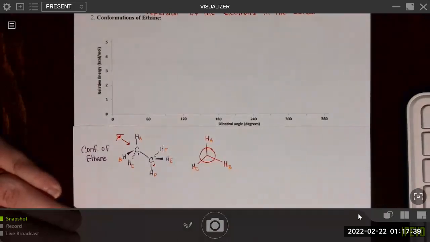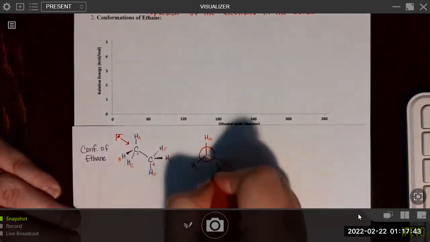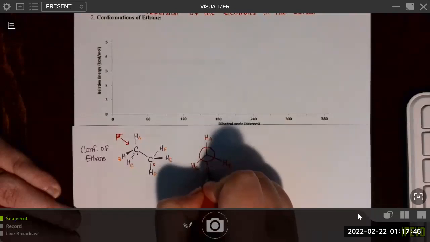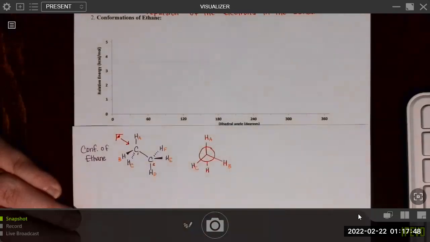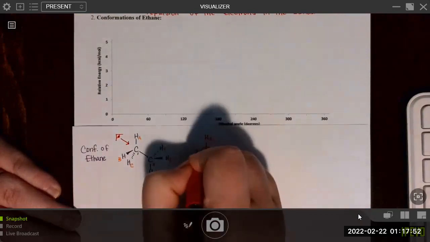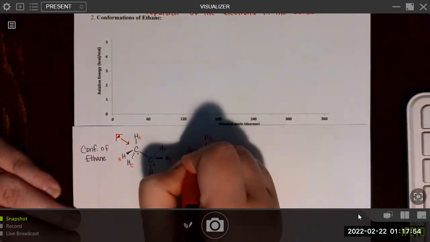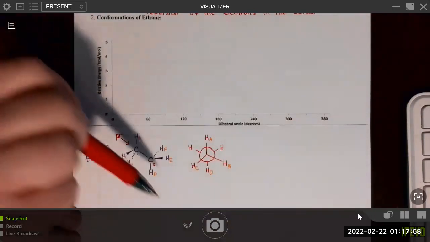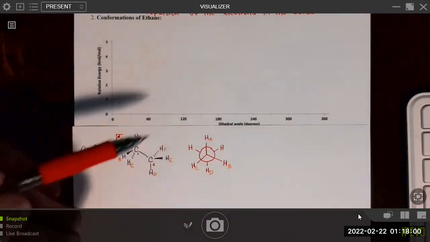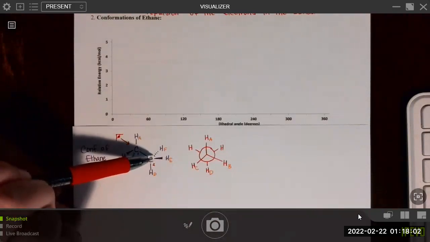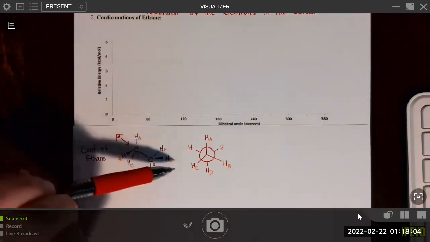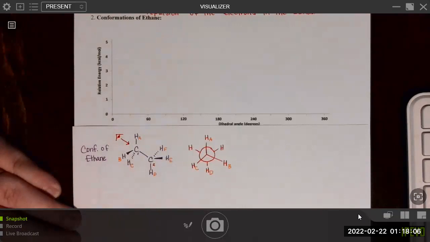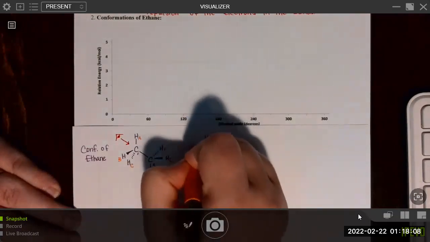And then on the back carbon here, which is represented by the circle, we've got HD, that's pointed straight down. And then we have the two that are off to the left and right as well. From this person's perspective, as they're looking this direction, this would be up and to the left, and then HE is up and to the right. Go ahead and label those, HE and HF.